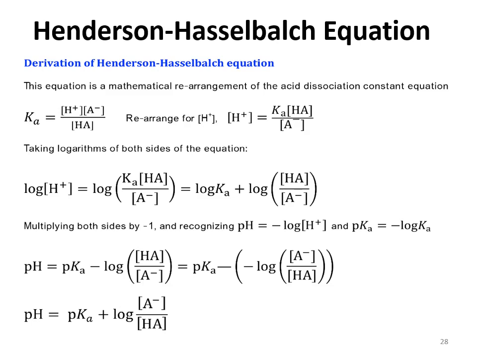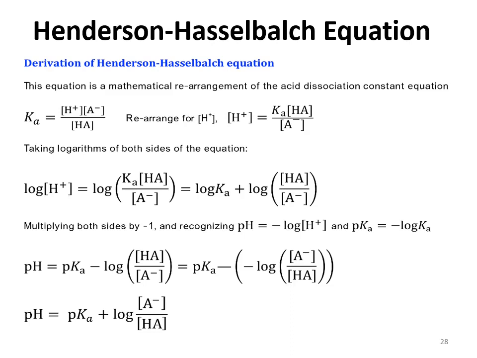So taking a logarithm of both sides of the equation, we have the log of hydrogen ion and a log on the other side of the whole equation. So it will equal the log Ka plus, separating it in the next step, the log of